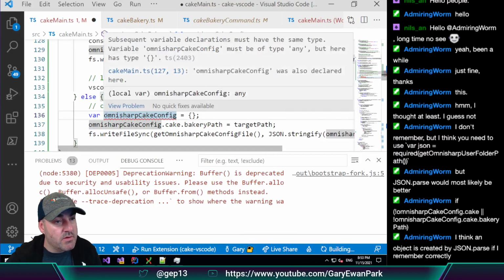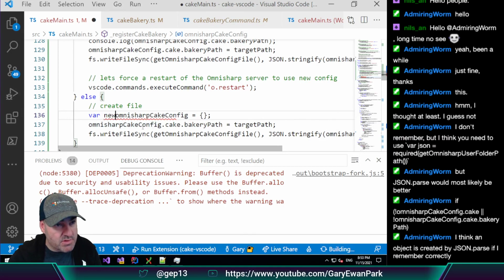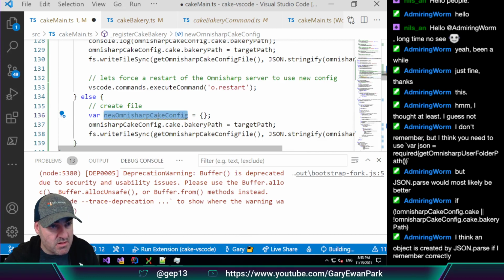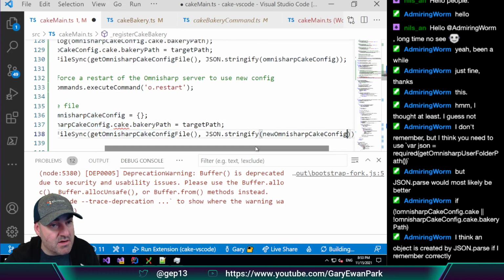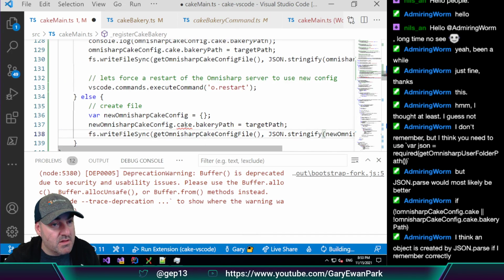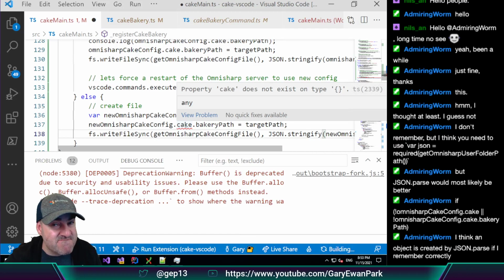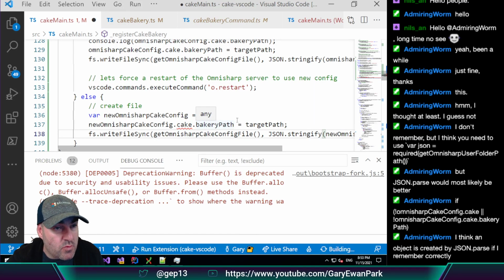How do they know about each other? Because they're in different scopes. But let's do new Omnisharp cake config. Copy that, paste that there. I don't want to have to strongly type it. So